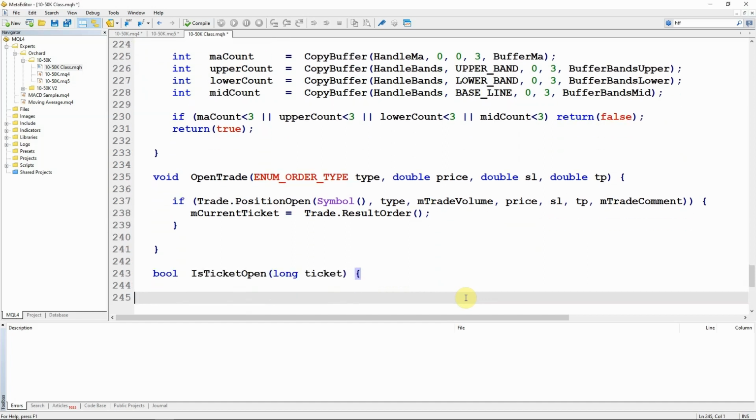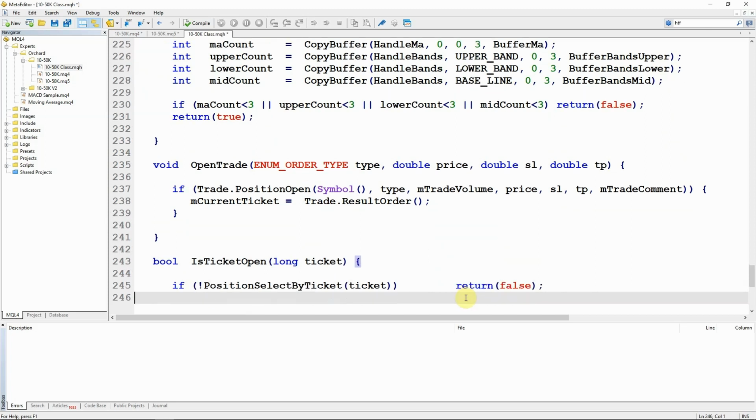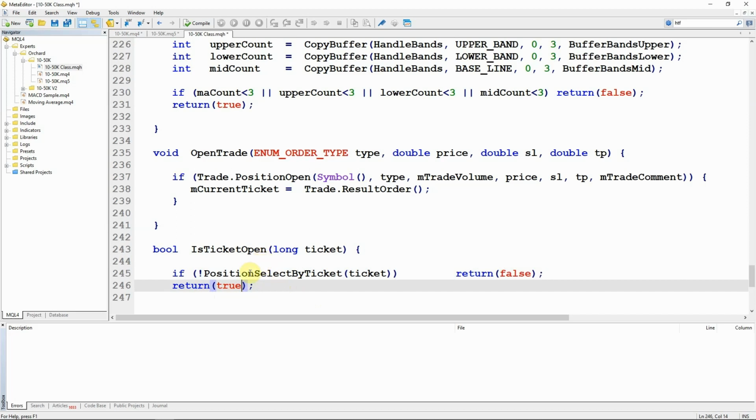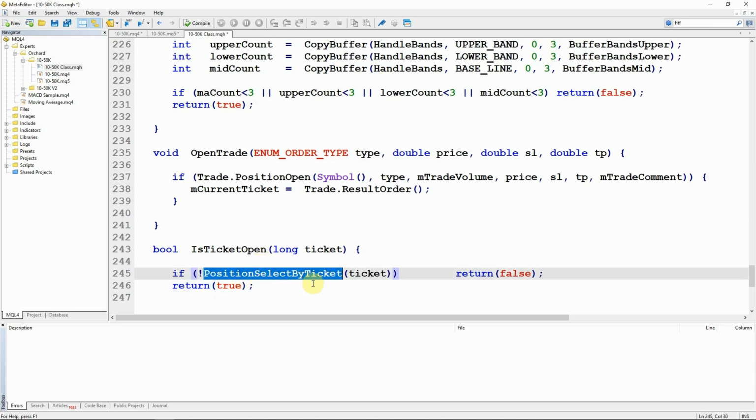Is ticket open for Metatrader 5? In Metatrader 5 there is a position select by ticket function. That will attempt to find this ticket, and if it is successful, it will not only select the ticket, but it will return a Boolean value to tell me it was successful. So I'm saying if not position select by ticket, return false.